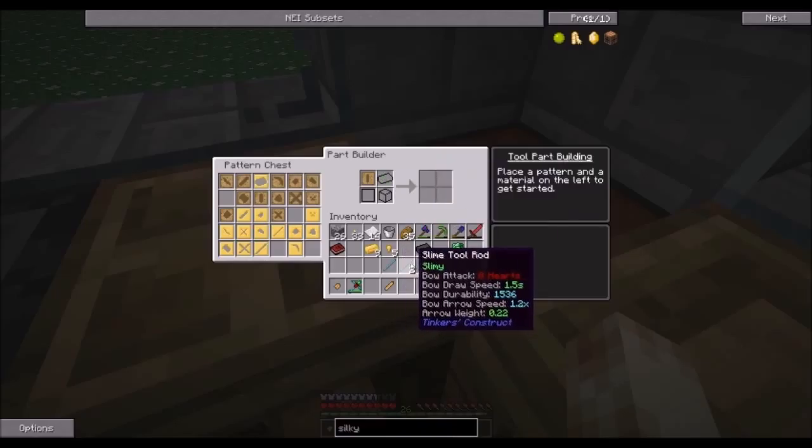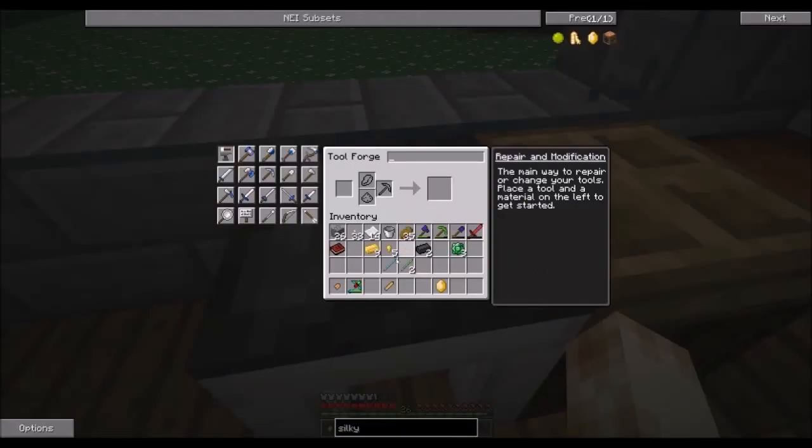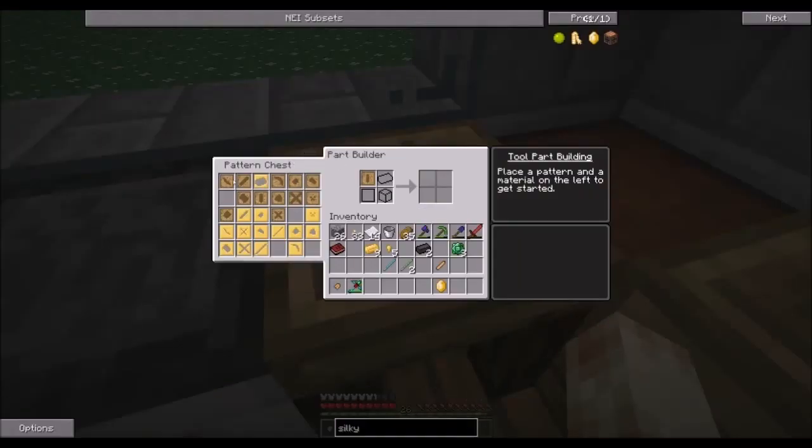Now you'll notice, let me see here. Handle modifier is 1.5x on green slime. And it's the only reason why I'm choosing that for the shovel, because it's kind of the lesser of the two. Now we'll go ahead and make the, if you recall, we need the